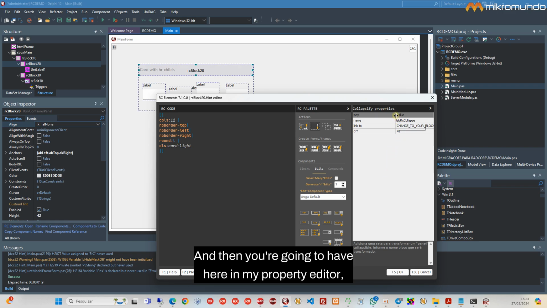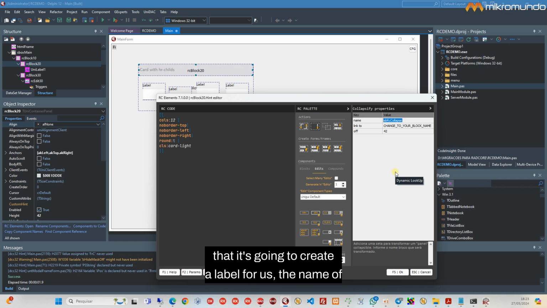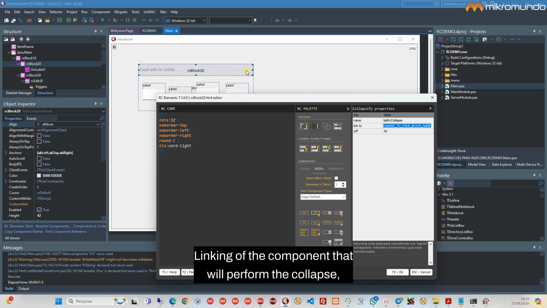And then you're going to have here in my property editor that it's going to create a label for us, the name of the label that you can modify here now in RCElements, and it's going to bring here the link to. RadCORE wants to know with which block you want to do the linking of the component that will perform the collapse. That is, as I said before, my parent block is 10, so I'm going to put the RC block 10, just put the title of it. By default RadCORE will bring here